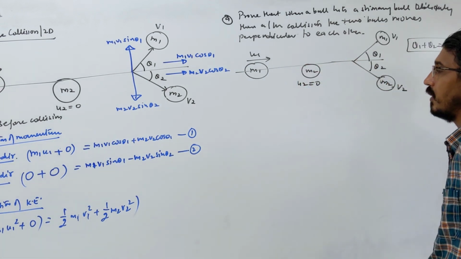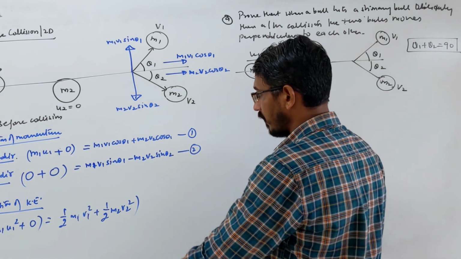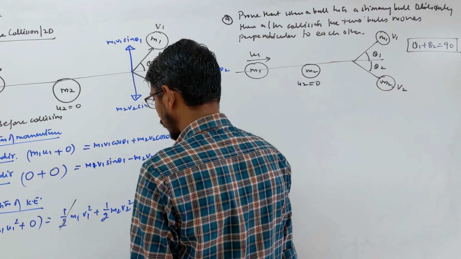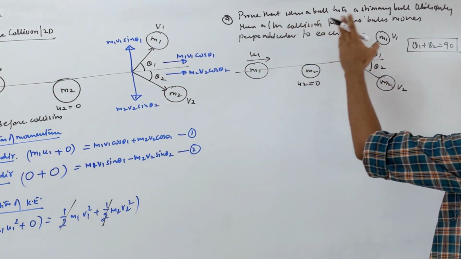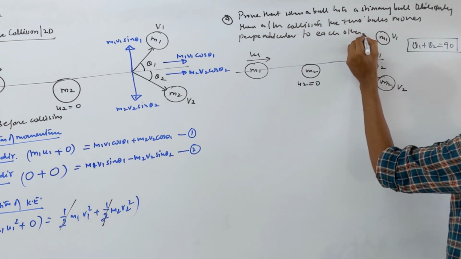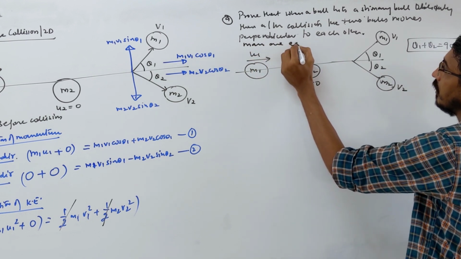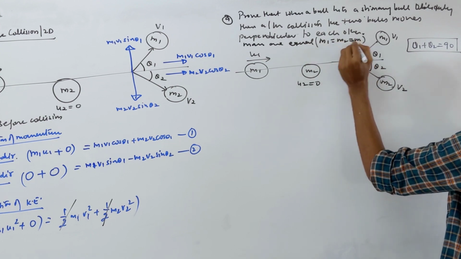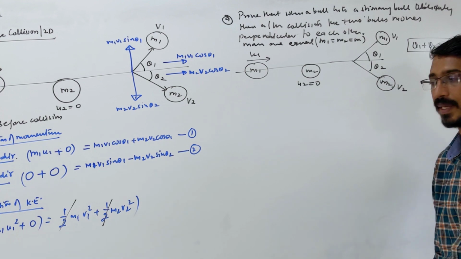So let's solve this. First let's simplify this equation a little bit, the half and these things we cancel. One more thing I am missing here: the masses of the two balls should be exactly equal. That is the other given condition, the masses are equal, meaning m1 is equal to m2, let's call it m. These two balls have exactly the same mass.